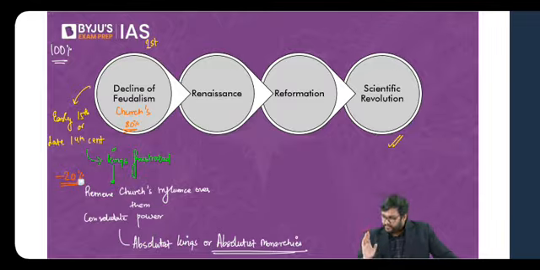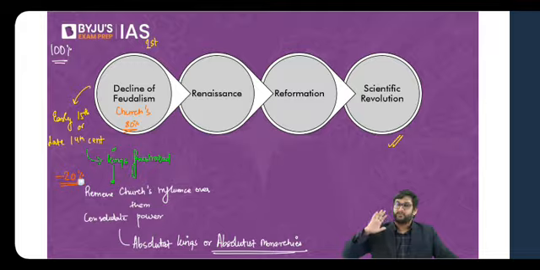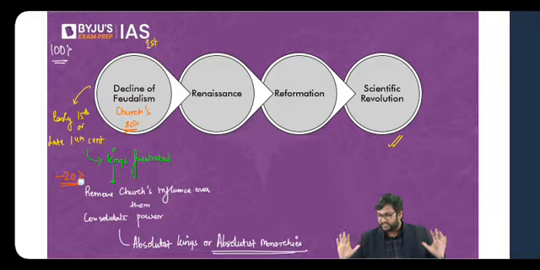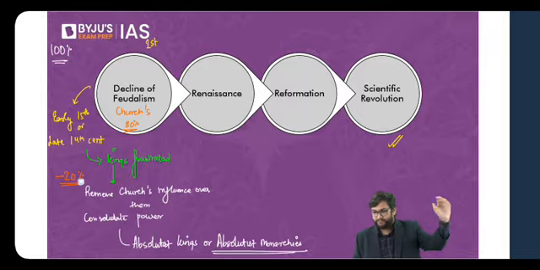The feudal system declines because of the king's frustration. There are multiple issues which have developed within feudalism itself. The king starts to appropriate power. With the rise of absolutist monarchies, feudalism will start to decline and the church's authority will be reduced. There's a much bigger part of the story which I'm not telling you. The Crusades have nothing to do with this. That's a religious war that has nothing to do with this. Very straightforward. The church's authority has gone from 100 to 80%. Now the king doesn't really listen to the church. Okay.